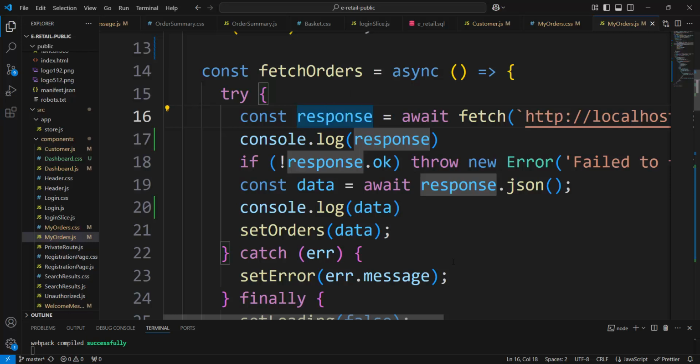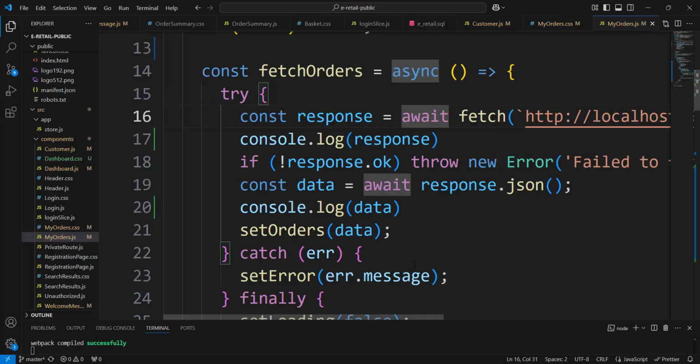And if not okay, we stop the process. We don't wait for data. If all is okay, we declare data and await again, because there can be many orders. Here we await because it is asynchronous, but now here we also await because